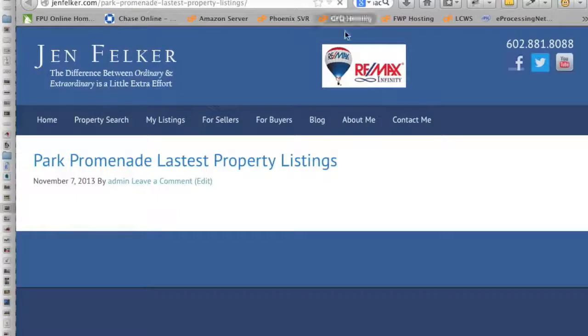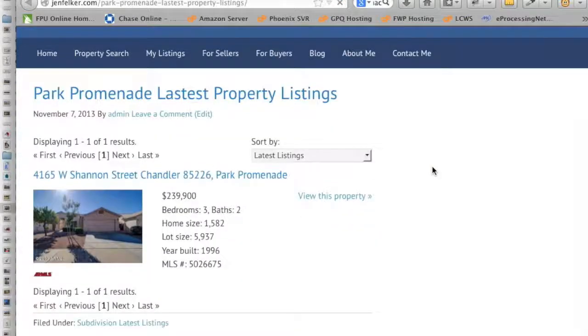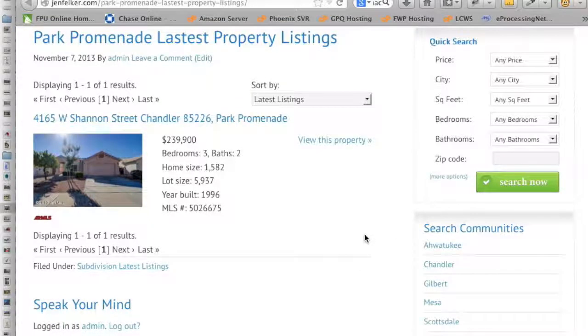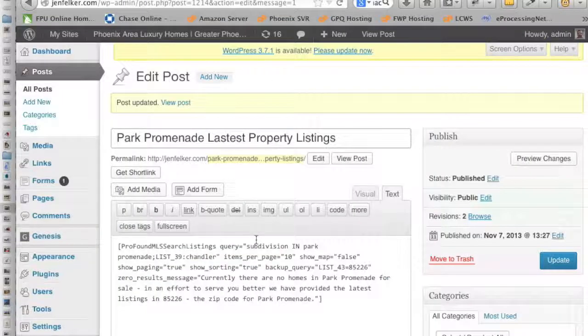Take out the map. Okay, there's our map. It's gone. Okay, let's add the map. Change that to true, but let's get rid of paging